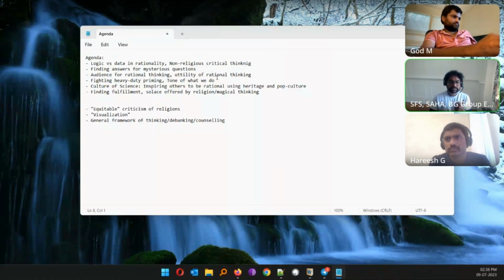So the most important thing here is the uncertainty in rational thinking, because it's always uncertain. See, we do know many things with a lot of certainty. Of course, there is nothing like 100% certainty in a technical sense, but we do know a lot of things. For example, we know that people don't walk on water, or that water doesn't turn into wine, just like that, without employing a lot of chemistry there.